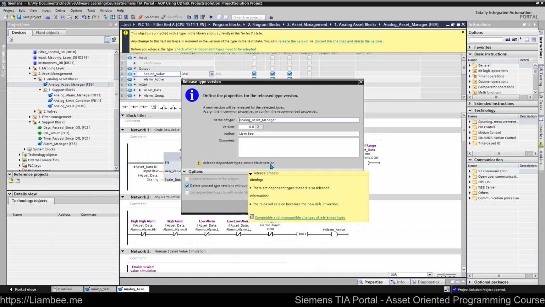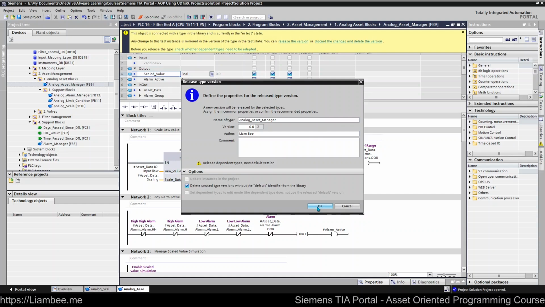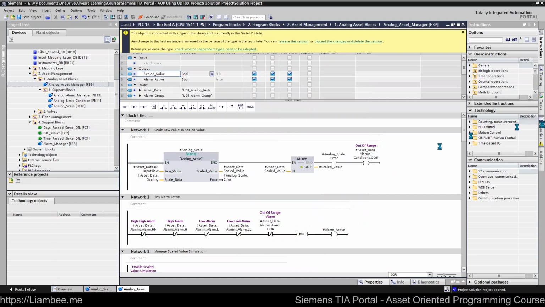Now remember, last time we did this, we didn't get this option, and we didn't get the option because the analog scale block is not dependent upon anything. It has things that are dependent upon it, but it's not dependent upon anything. So if I go ahead and release this one now, when we go back to the libraries,